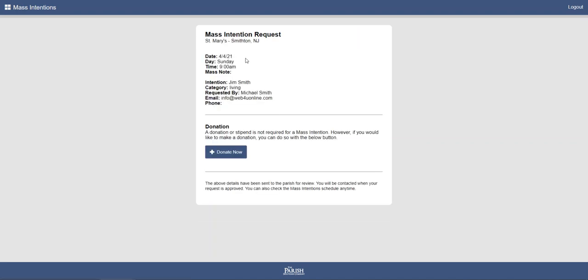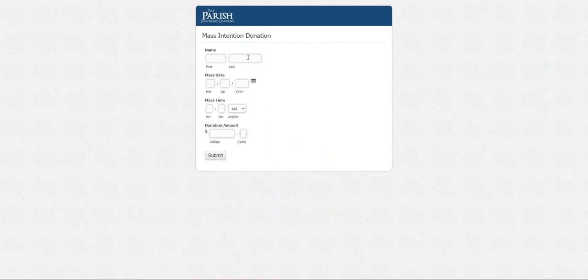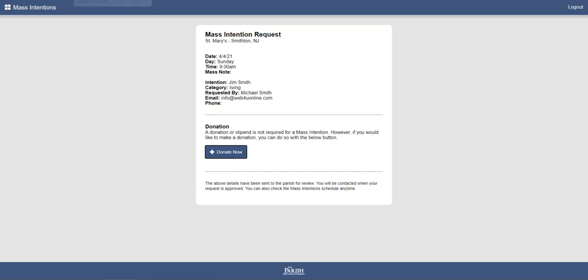Here we see a review of our request and an option to make a donation. We'll show you later how you as the admin get to decide where this button goes. In our case here, we have it linking to a demo donation area. If you do not already have an online donation system, we also have something like that you can add on to our software, but in most cases you'll link to your current online giving.